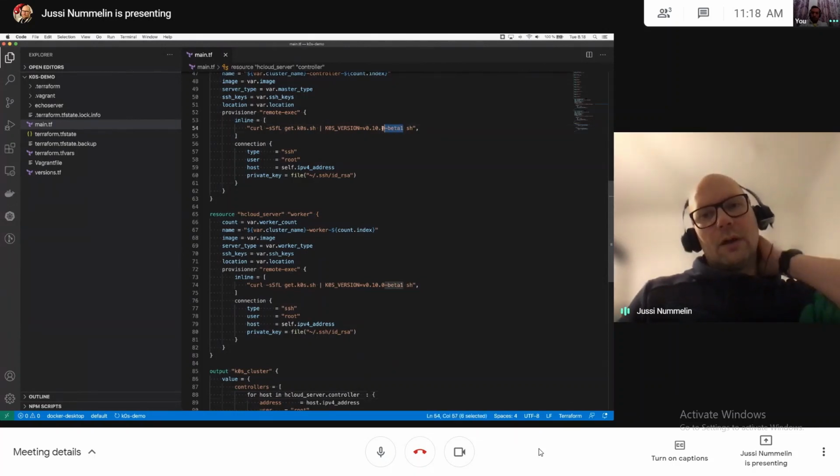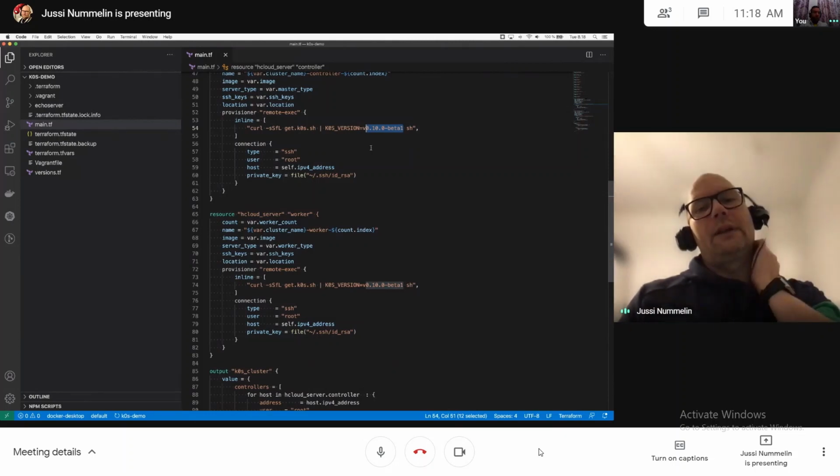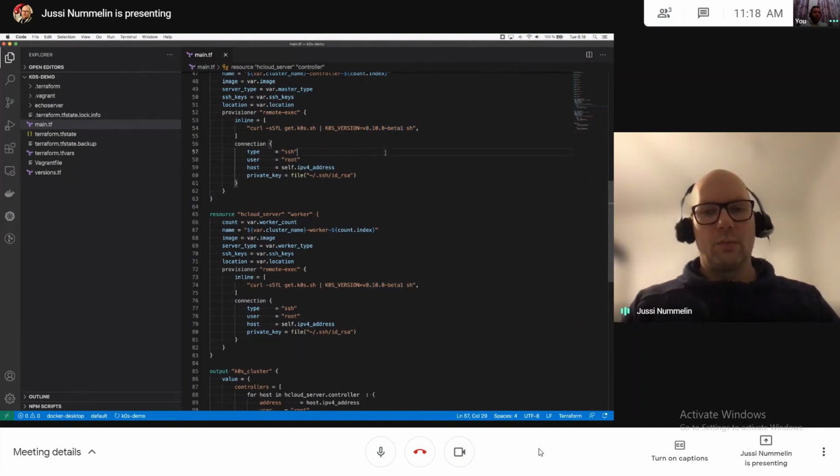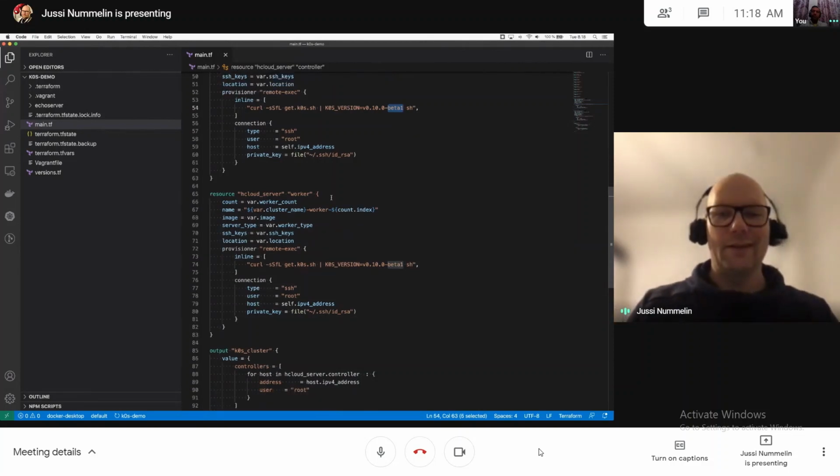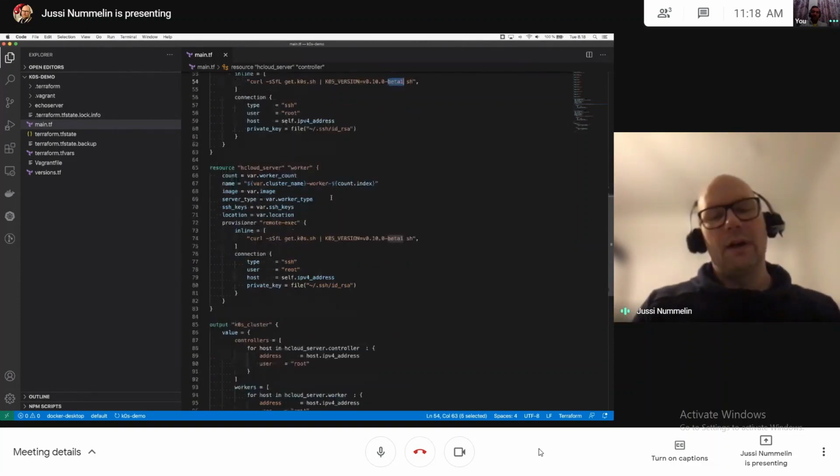For the demo, I'm using the beta 1 release of the 0.10 series. As the version implies, it's beta, so hopefully it'll actually work. I just wanted to use the beta because it has nice enhancements on the installation of K0S.